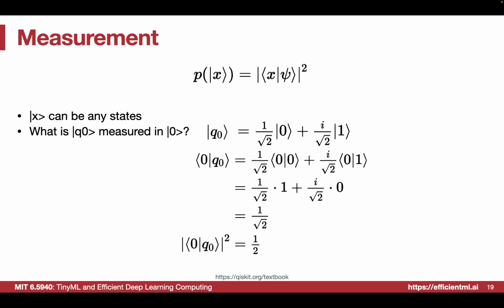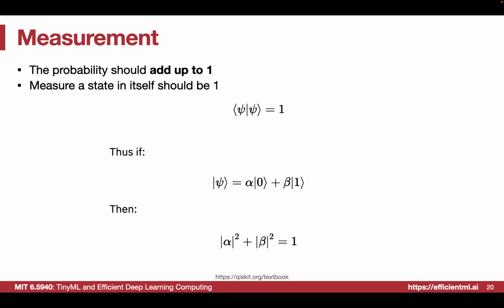Then you do some post-processing, and you know that previously there should be some combination between the 0 and 1. And if we want to know the exact number, like whether that is 1 over square root of 2 or i over square root of 2, we can do the measurement on different bases to fully reconstruct the quantum state.